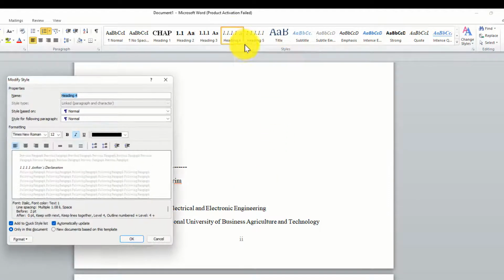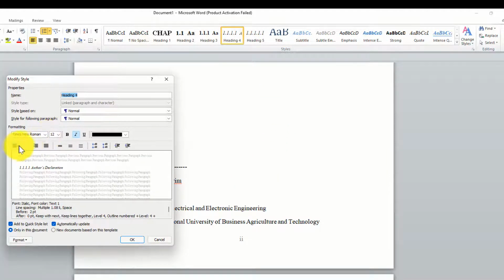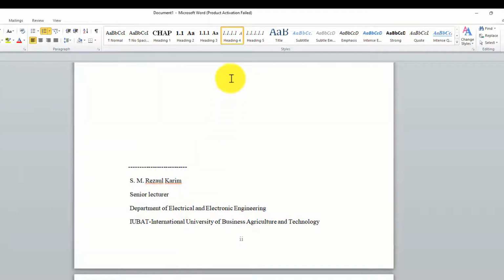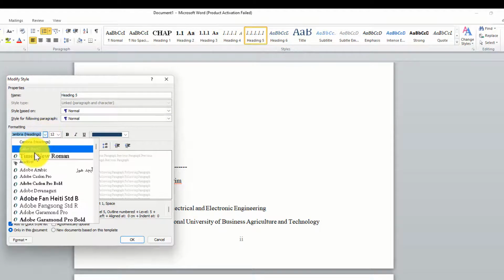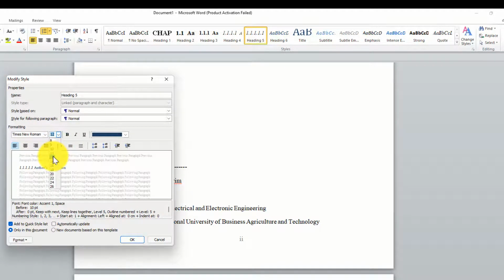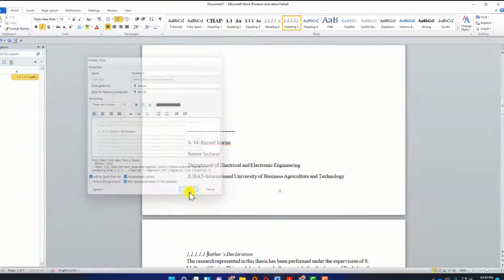Again check Heading 4, it is Times New Roman, aligned to the left side, not center, and click it. Let's check it is 12 or not, and make sure it is italic in 1.1.1.1. This is obviously in italic, then click OK. And also you can check Heading 5, let's make it Times New Roman, size 12, and obviously italic, and the color is black, and click these two things also. Okay,